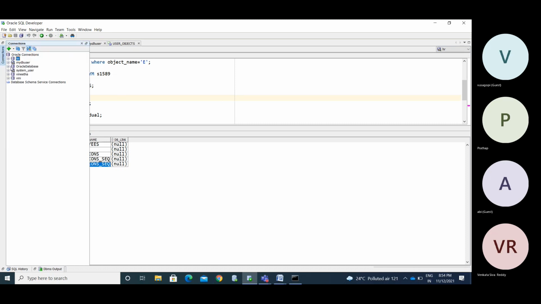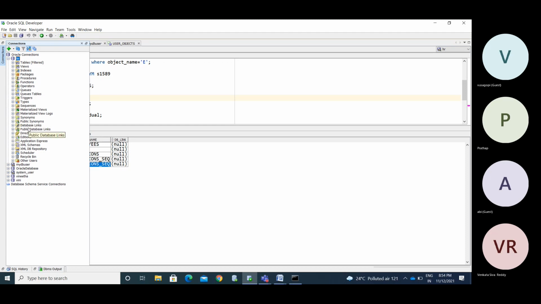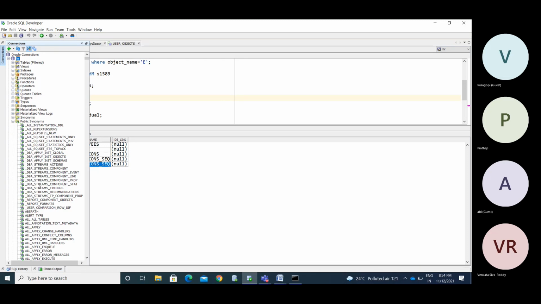See, in this also we have synonyms and public synonyms as different. Synonyms, one minute, public synonyms. See, you can identify this. These are all the public synonyms.